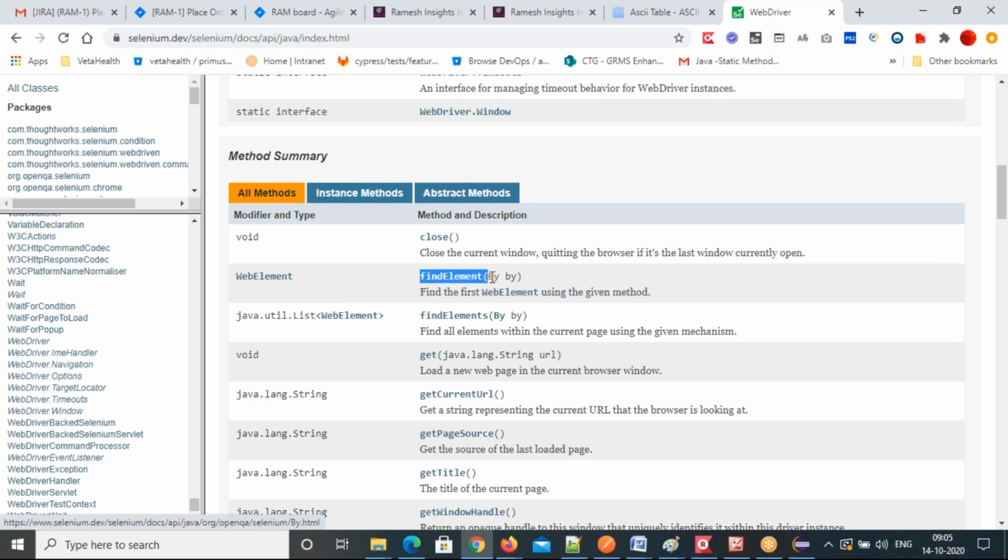The findElement method: if you want to find the first web element in the web page, you can call the findElement method. findElement is a return type method. What is it returning? The WebElement interface. So again, return type methods play a major role here. Remember the syntax of return type methods. Please refer to our interface concept once more and come back. It will help you a lot in tomorrow's class.